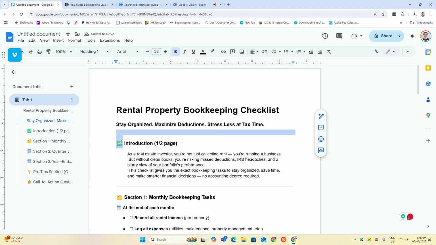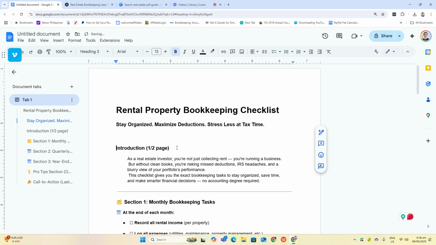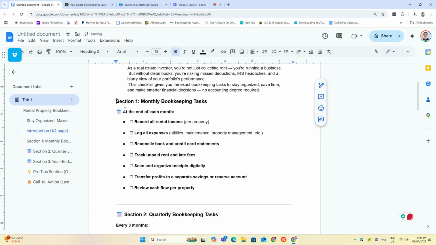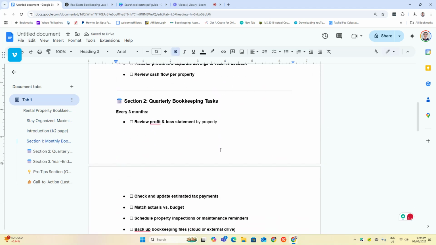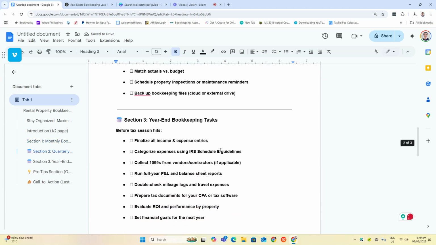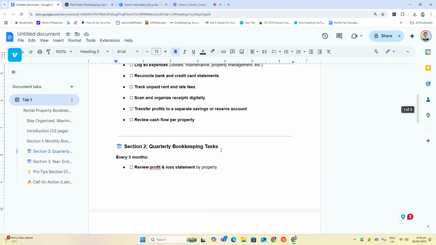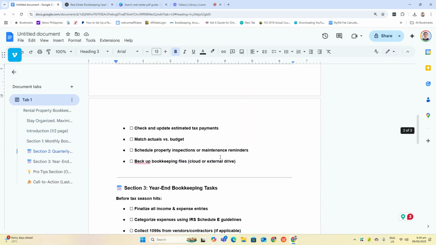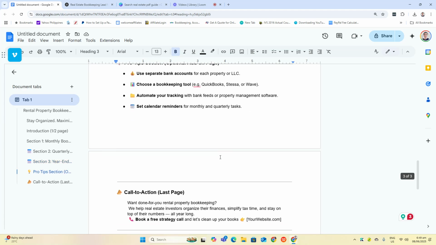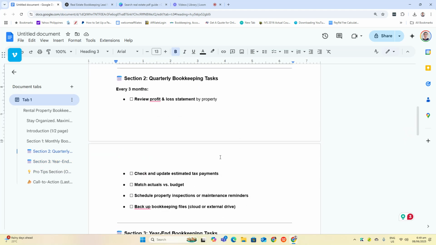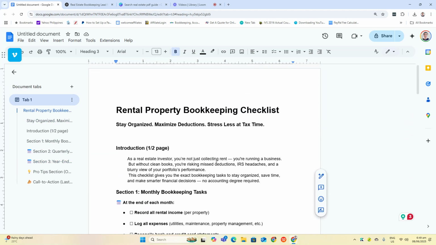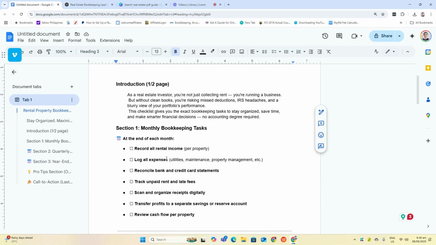Okay. So this will be the guide, monthly bookkeeping tasks. We have quarterly, we have year end. Okay. So at least we'll have 1, 2, 3, 4 pages, more or less 4 to 5 pages. Okay. So let's try this one. So you already have the content.